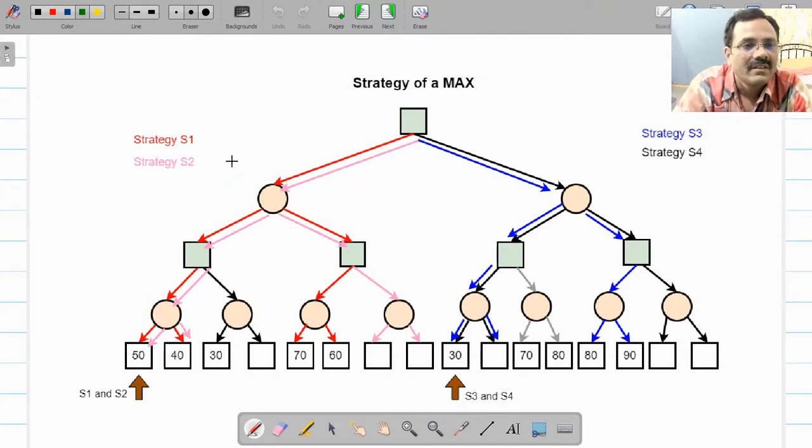Now let us see the diagram. This diagram is representing 4 strategies. Strategy S1 in red, S2 in this pink color, S3 in this blue, and S4 in black color, right? These are the 4 strategies for max. Then the remaining 4: S5, S6, S7, S8. In the S5 case, instead of this part, you select this part, right?